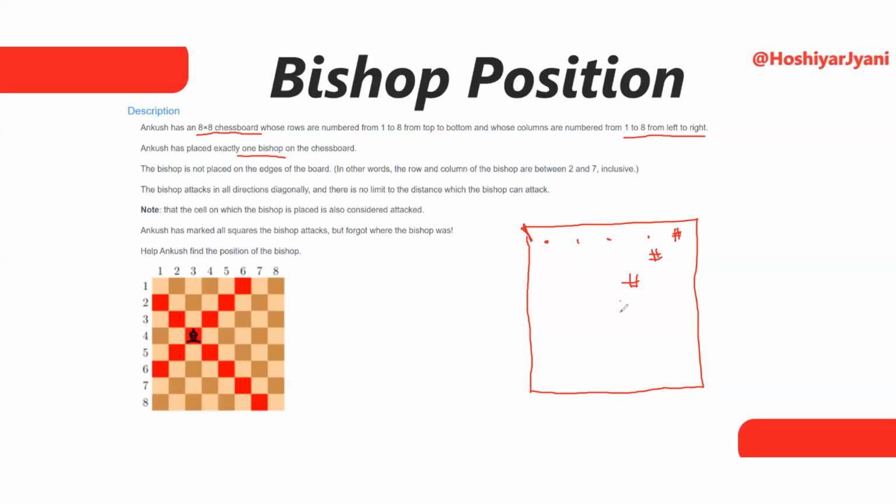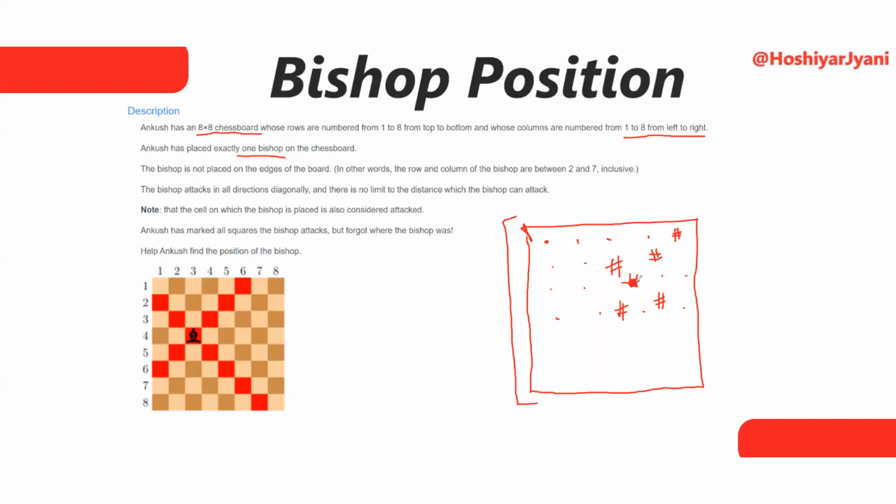Okay, guys, so I am writing here. After that, there are some dots present, and let's assume hash is present here, and here is also hash. So in this question, what we can do is simply iterate a loop over our matrix. While iterating over each element, we check all its diagonal elements. If we are at this position, what can we check?